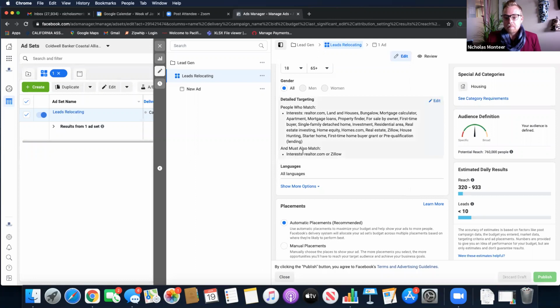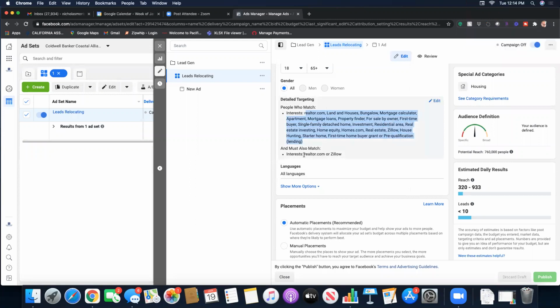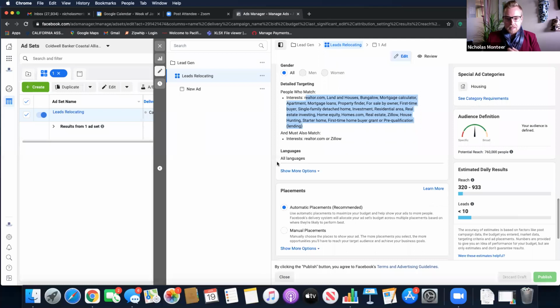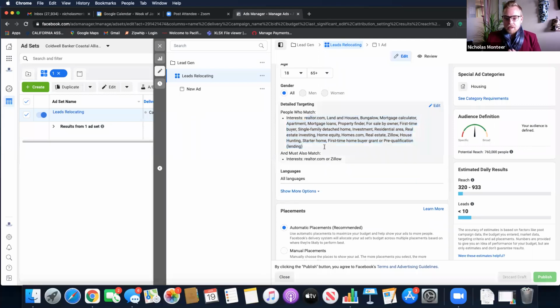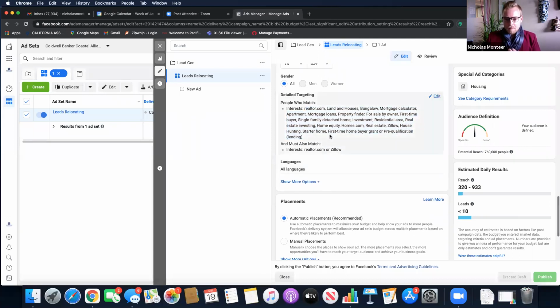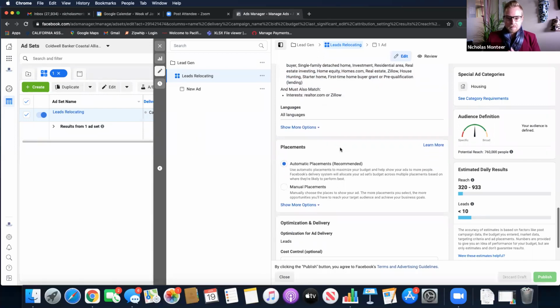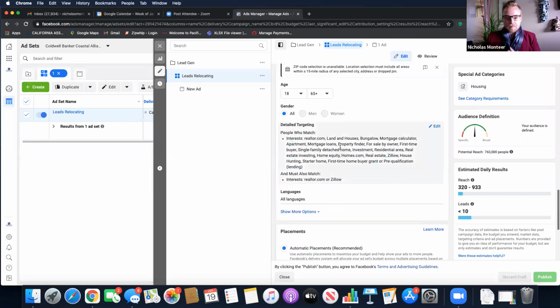And then I also said that they must match a secondary layer. So no matter what information up here that they match, they also have to match at least realtor.com or Zillow. What that tells me is that if they've been on Zillow or realtor.com, they're realistically interested in real estate, or they're actively looking, in my opinion. That's an opinion, but I would assume that people who are on there usually are valid leads. So that's how I did my criteria. It's pretty simple. I'll copy and paste this if you want all the same ones. It's really not hard to do, and I'll show you that in a second. So there you go. That's the ad in a nutshell.